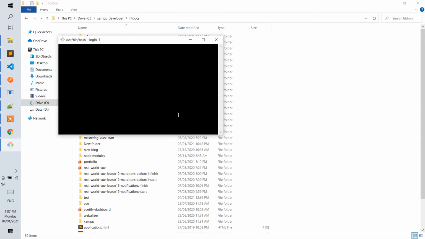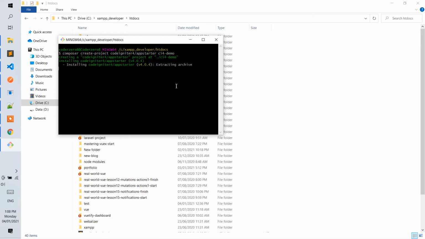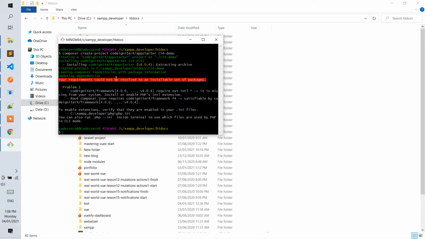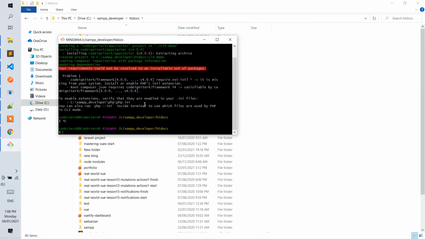use Git Bash, and then just paste the code, composer install, then use the project name that you want to use, CI4 demo. So notice we will have a problem in coding in PHP 7 wherein it is requiring ext-intl. So you just have to enable that